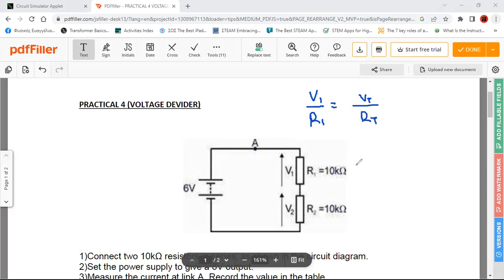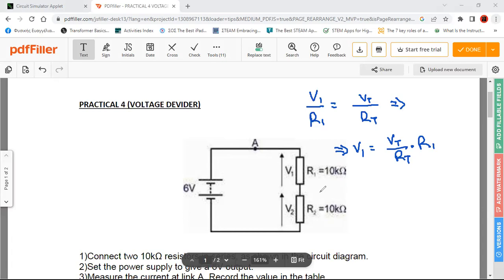What do we have here? V1 equals V total above R total times R1. Okay, from here we arrive right here. So